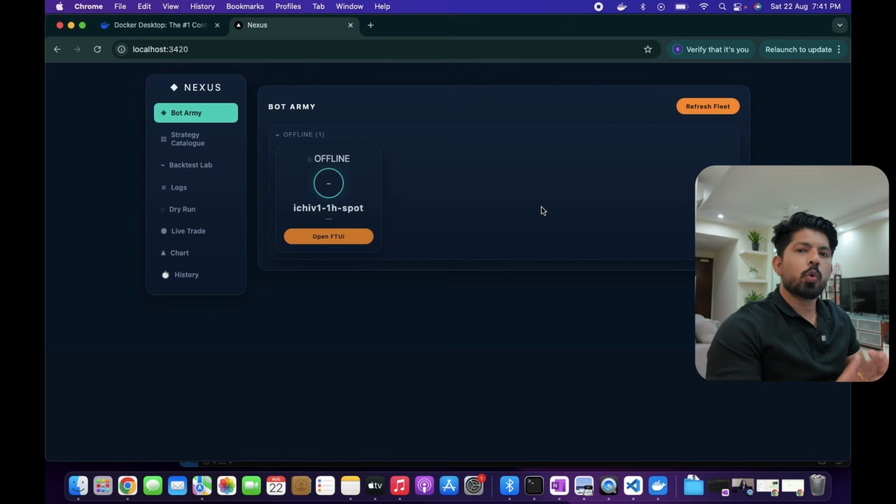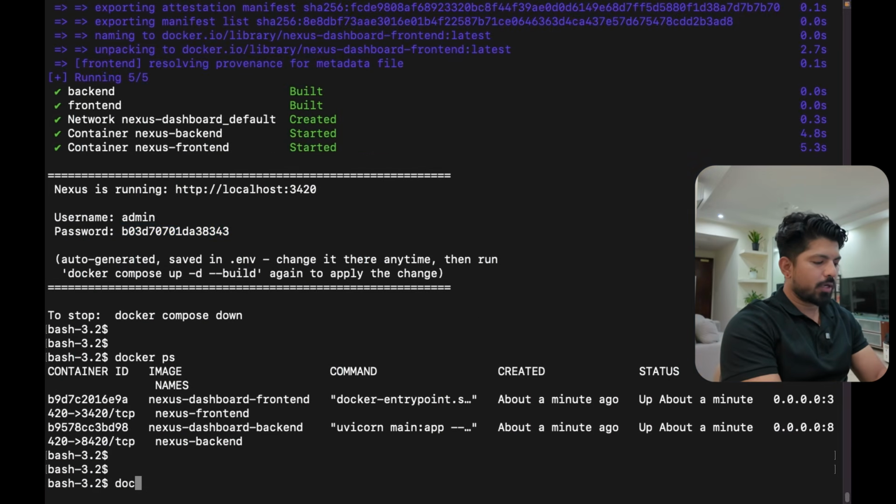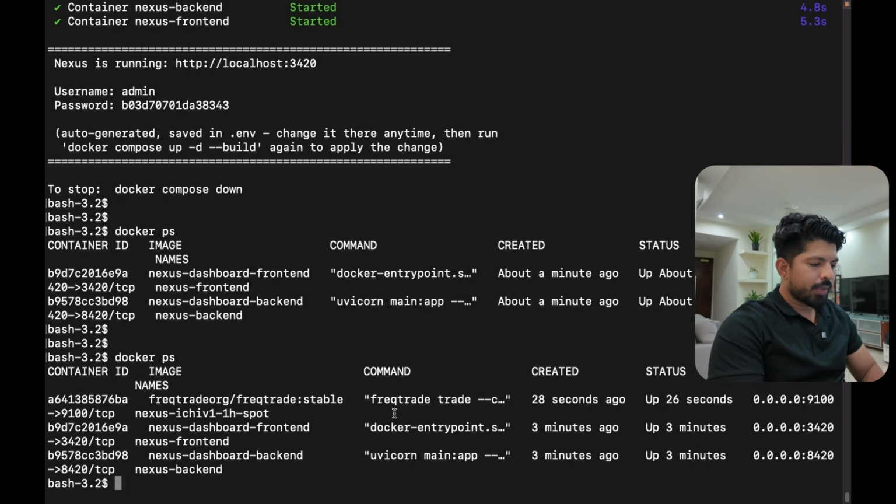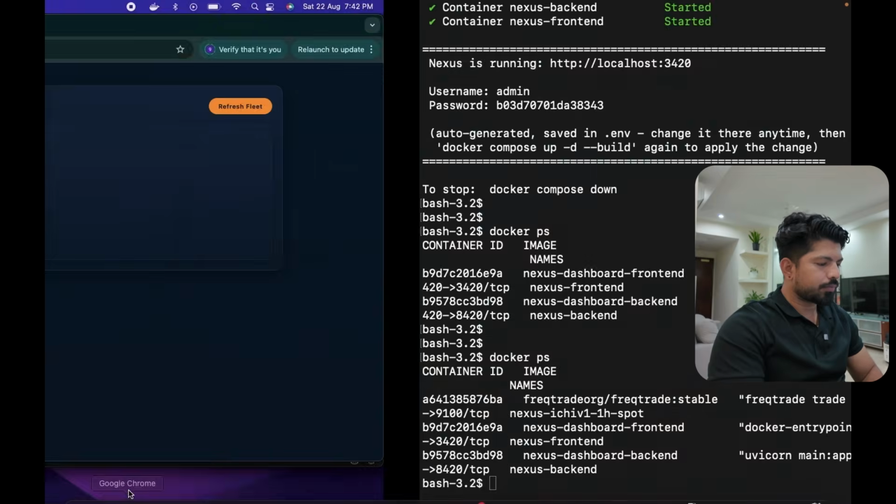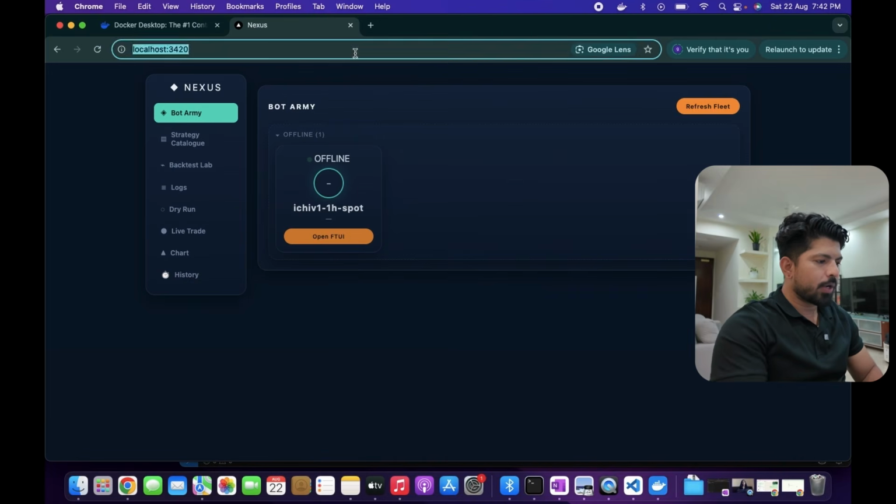And meanwhile, whatever you do here, you can go to your terminal and check. Just write docker ps, and you will see there is one more Docker instance, which is the Docker Freqtrade, and the port is 9100. The previous instances were one front end and one back end. So this one is your first trading bot. Now just go to your Bot Army dashboard and click